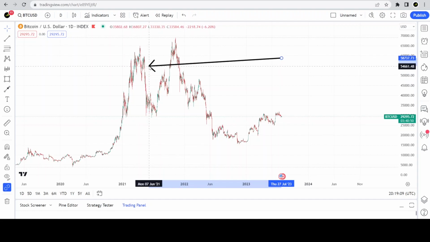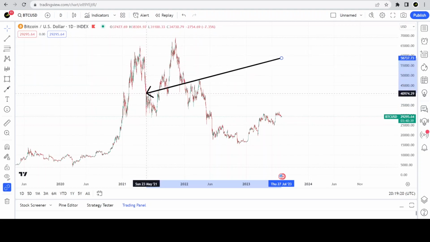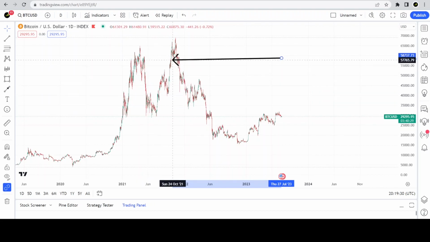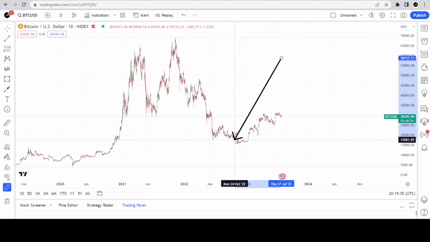Whenever a fractal repeats, the timing, the height, and the depth are always going to be original. They're going to be unique. So that can lead to a peak not being as high as it was in the original fractal. So you have this rebound here that actually went higher than the initial peak, and then the decline that takes